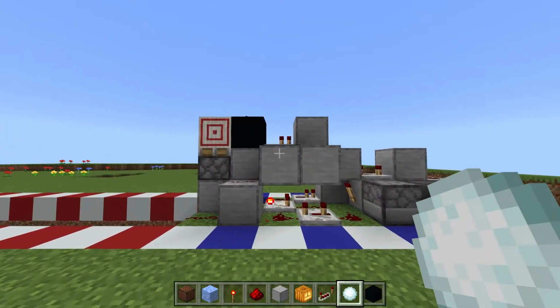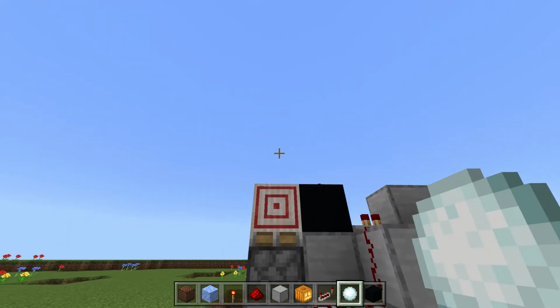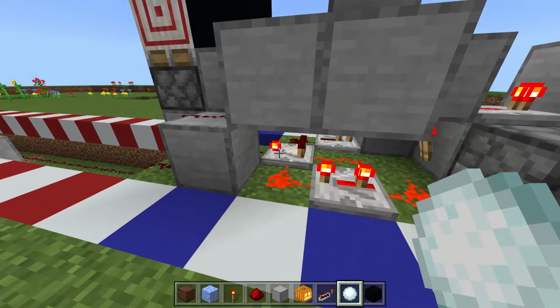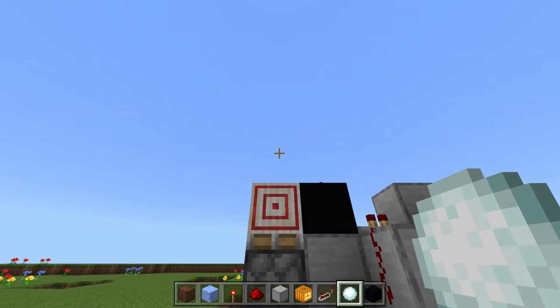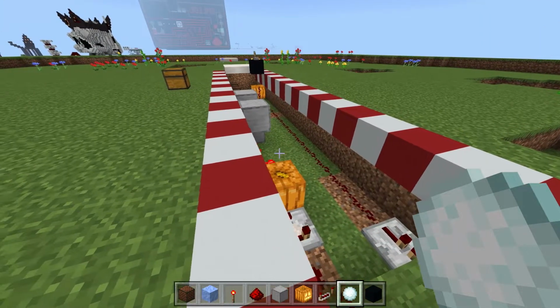Let's see. So we need to hit it when it's on, when the piston is extended, in order to activate the note blocks. And if you're having trouble hitting the target, this right here is how you change the difficulty. So if you turn this comparator off of subtraction mode to where there's no longer a light, this is easy mode. The target block will hang out for the longest period of time when it's like this,